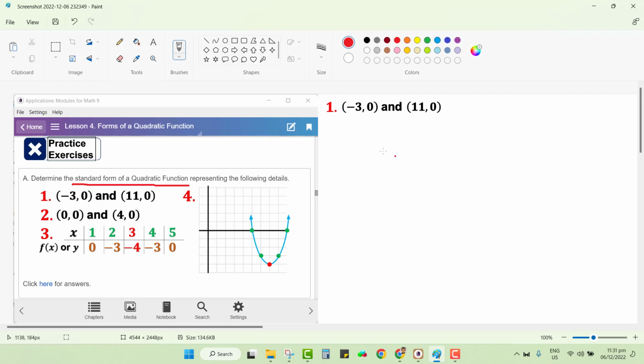If you are given intercepts, just like this in number 1, you need to understand that these 2 points here represent the intersection of the parabolic graph and the x-axis. By saying that these two are the intersections on the x-axis, these are specifically termed as x-intercepts. And the values for the x-coordinate represent the value on the x-axis where the graph intersects. Now, further, we can discuss this as these two